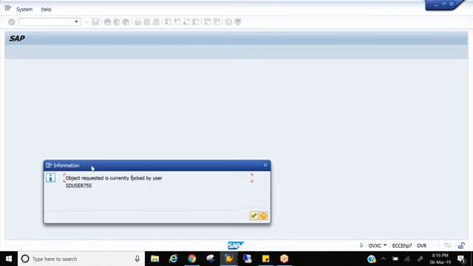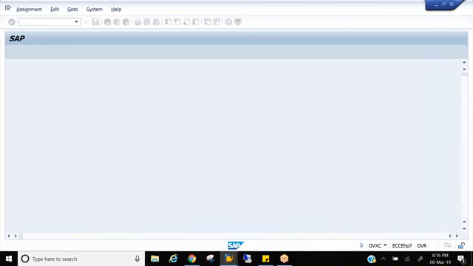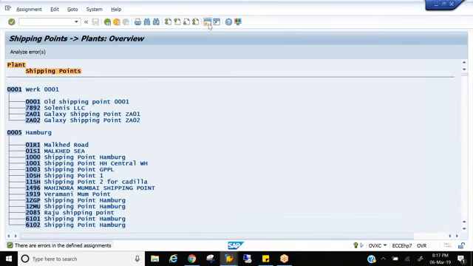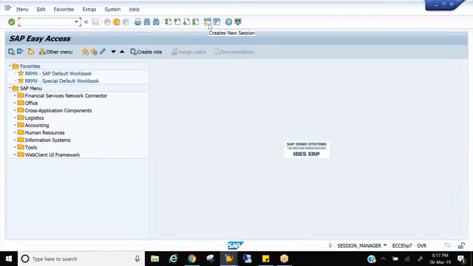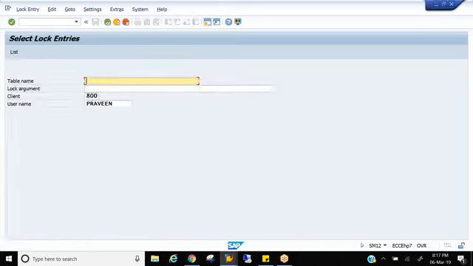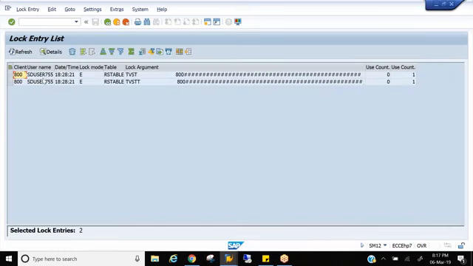If it is continuously throwing this kind of message, go to a transaction called SM12, where you can see the lock entries. Give the username of whichever user is locking it, and say list. It will show whatever the user was using and blocked.